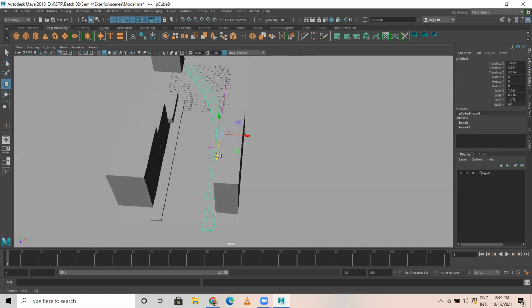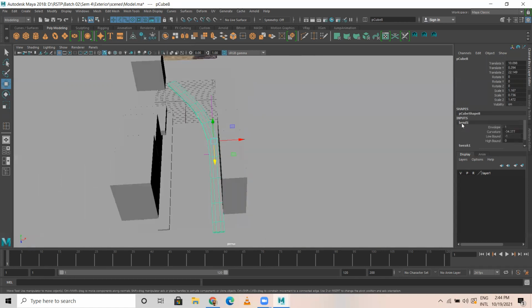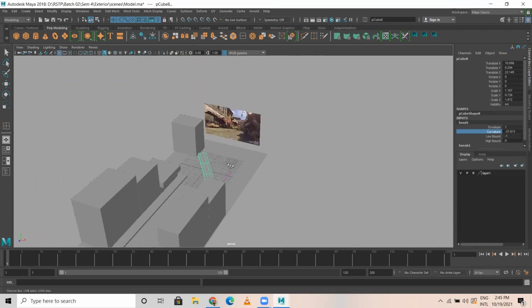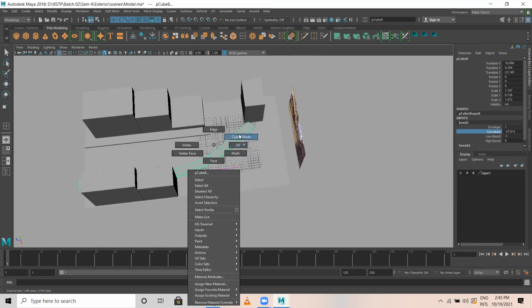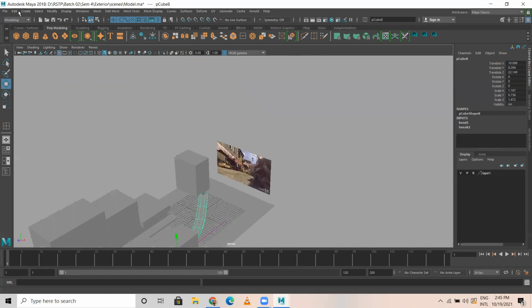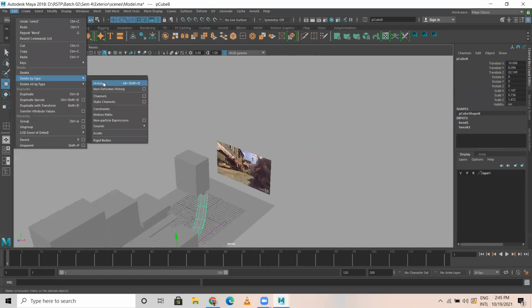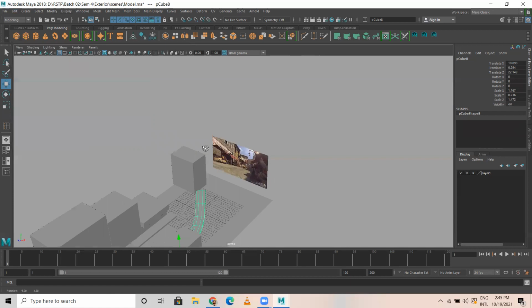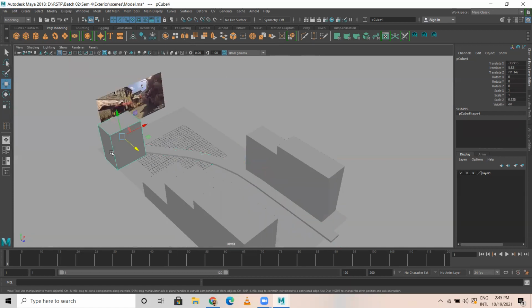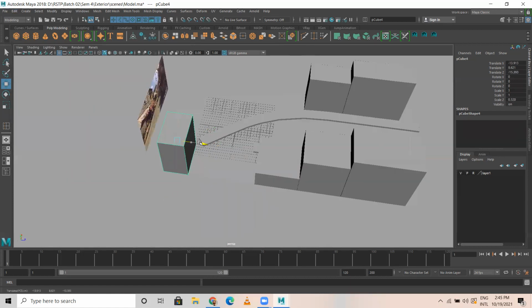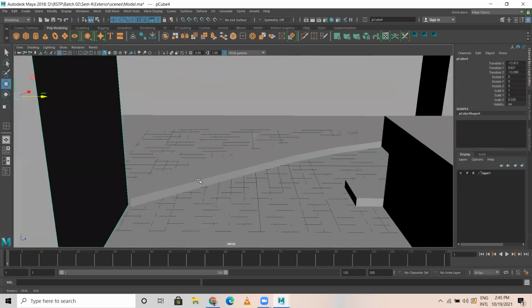Okay. And in the bend curvature, I'm gonna bend a bit more. Up to here is fine. Okay. Then I'm selecting this, edit, delete by history. Why? Because I don't want bend now. Otherwise, if I select and move, these models will be animating. So look, this is what I wanted.